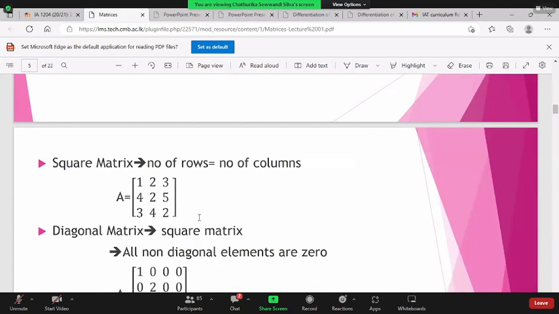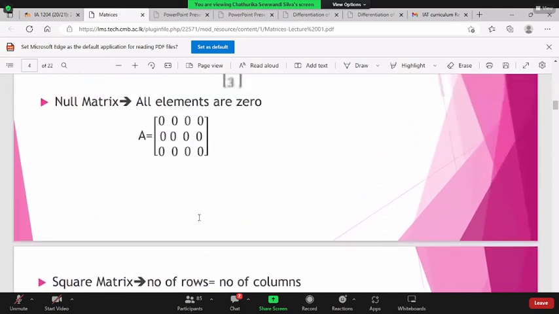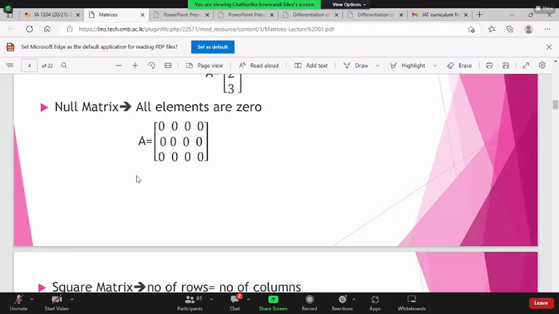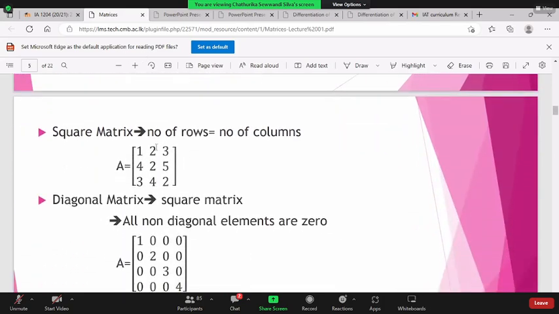Right? It can be 3 by 3, 4 by 4, 5 by 5, anything. So I'm saying a null matrix does not always need to be a square matrix. Here you will see there are 3 rows and 4 columns, 3 by 4. It's not a square matrix. But the square matrix is very important, because for most of the calculations the matrix should be square. Otherwise we can't proceed, right?